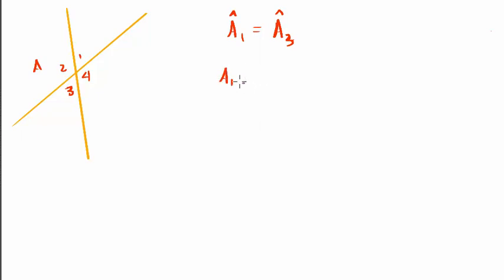Okay, so A1. So let's just skip it a little bit. Let's just say A1 is equal to 180 degrees minus A2. So in other words, I define the angle that I want to prove in a formula, and I'm hoping to define the other one with the same formula.